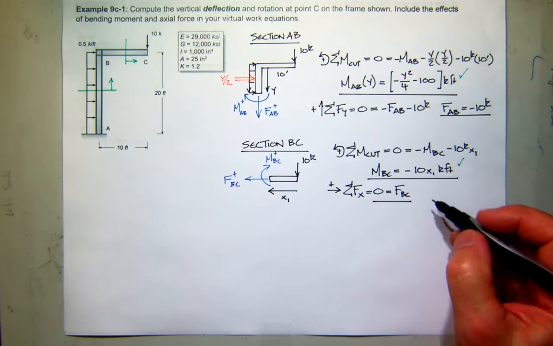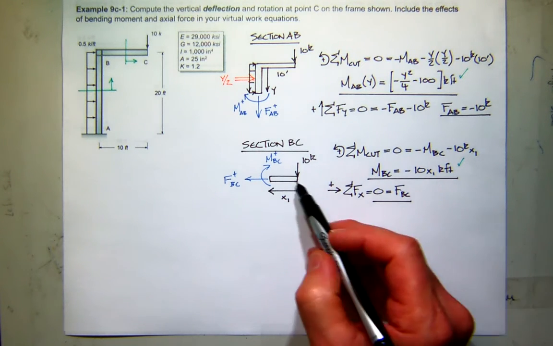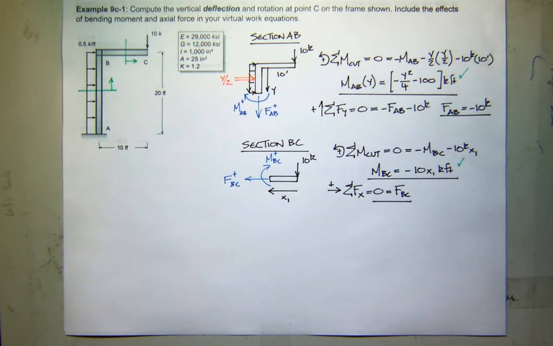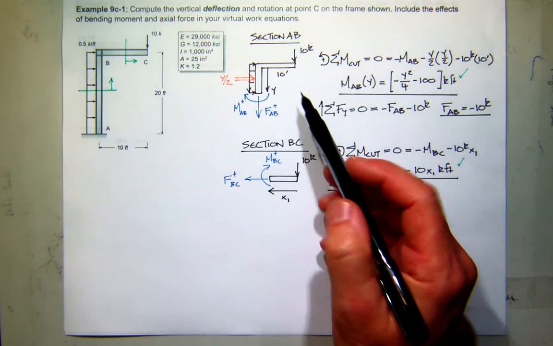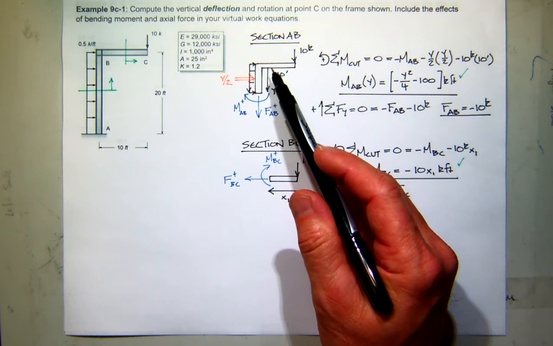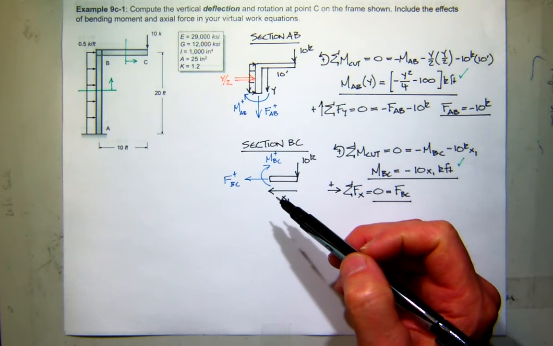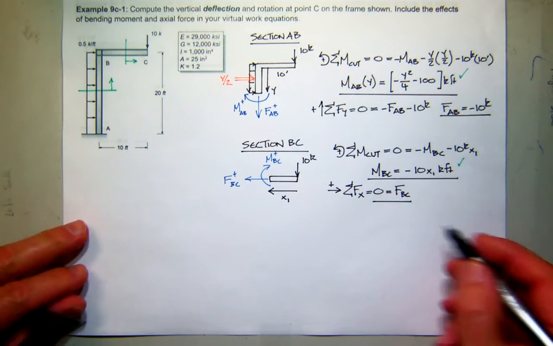So I'm not really going to worry at all about the axial contribution to the displacement due to BC. It's okay? Any questions about that? I think the only thing that's a little different for us is the fact that you can start choosing the sign, the origin of your signs and the direction, whichever is convenient for you. Now, once I've done that, I'm stuck with those, right? So when I look at my virtual system,